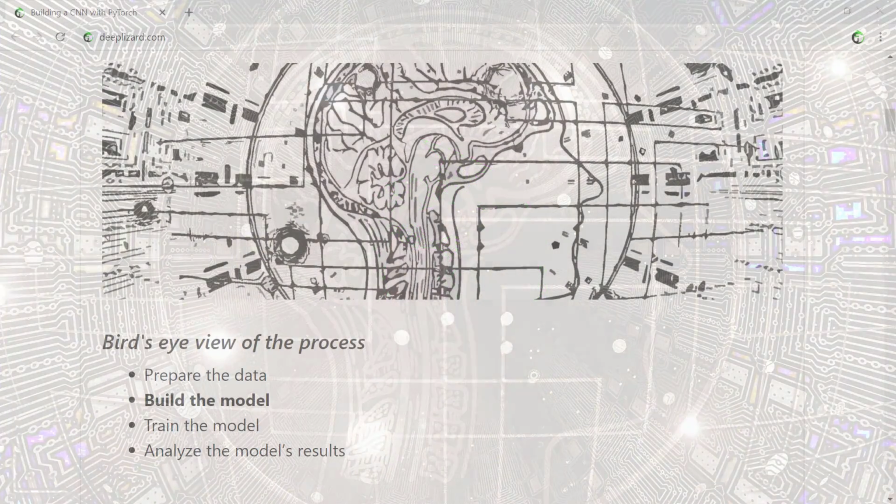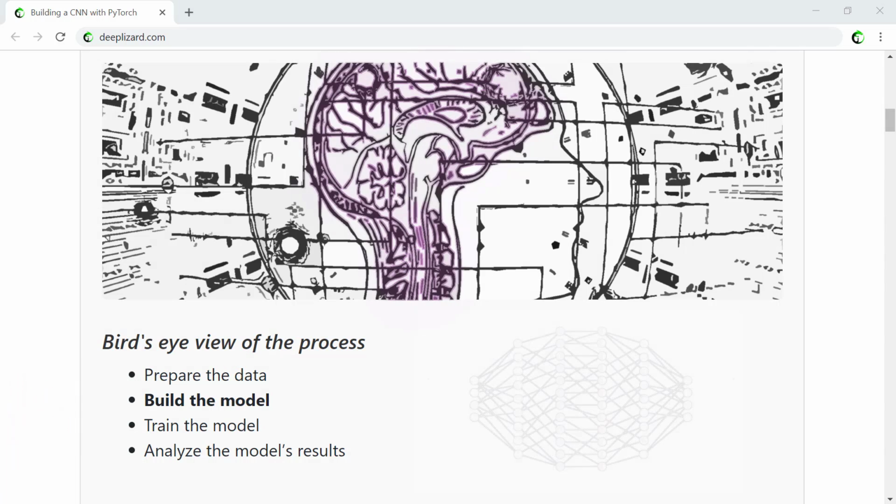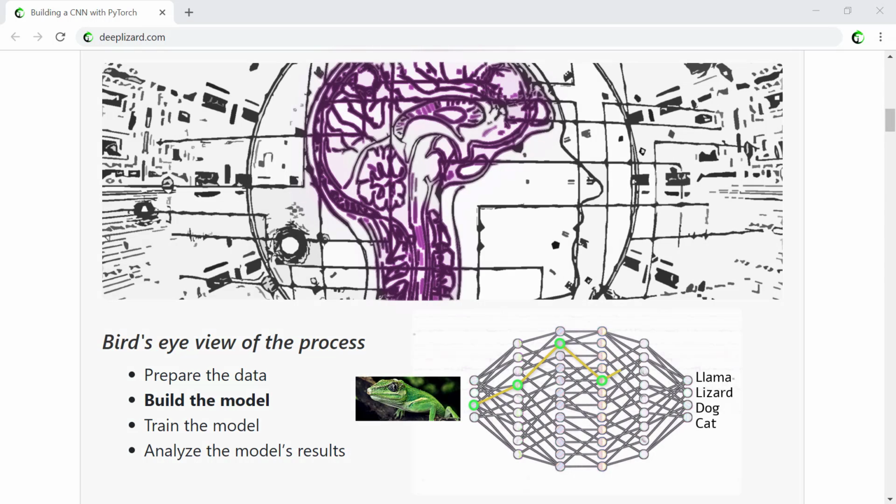From a high-level perspective or a bird's-eye view of our deep learning project, we have prepared our data and now we are ready to build our model. When we say model, we mean our network. The words model and network refer to the same thing. What we want our network to ultimately do is model or approximate a function that maps an image input to